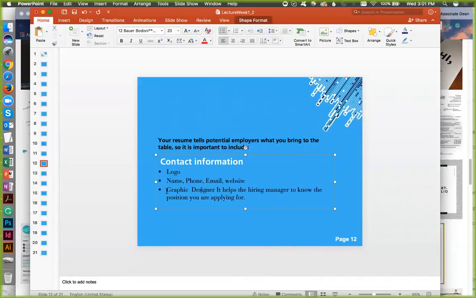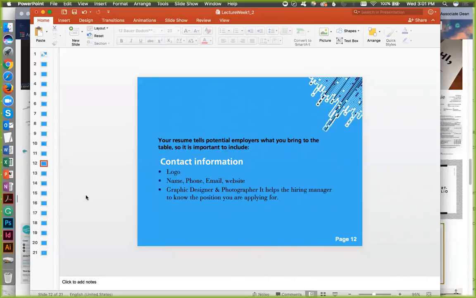You can also put infographic designer if you want to. Some students have photographer. It's up to you. If that's part of who you are, more than welcome to put that in there. I don't have a problem with that.